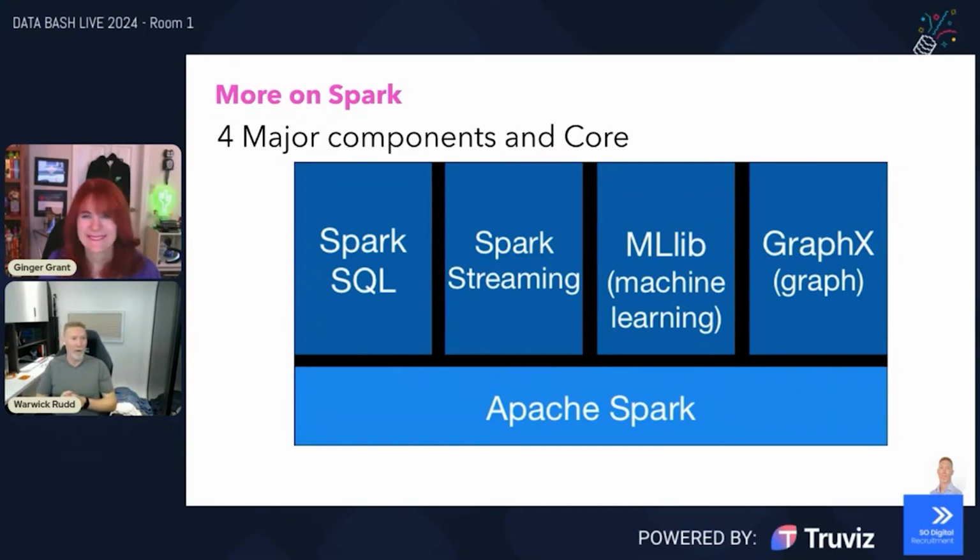Both Ginger and I are MVPs, and our initial relationship was via that. Well, actually, it wasn't, because when we first met many years ago, it was at PASS Data Summit, but that's another story in itself. This kind of analysis is often done to analyze social media, email, or intelligence gathering to determine who knows who.